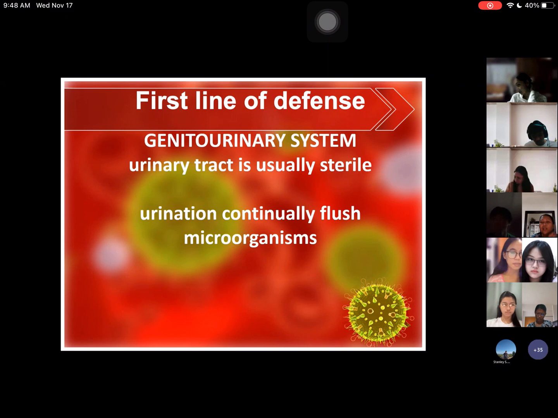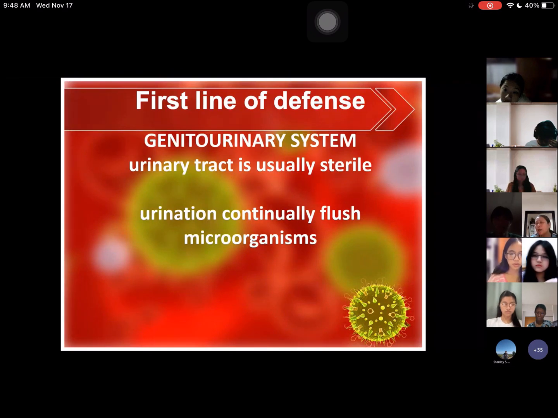So urination is healthy. It usually flushes off or disposes of microorganisms. When you excrete those unabsorbable nutrients,